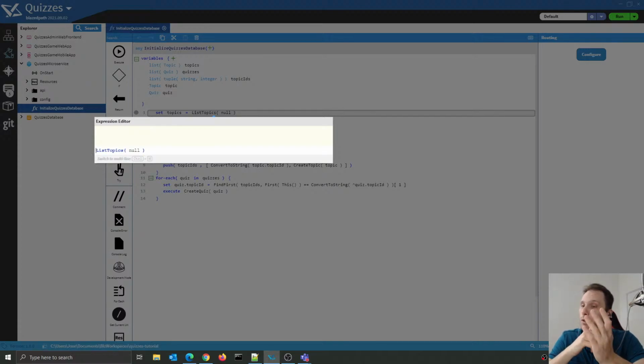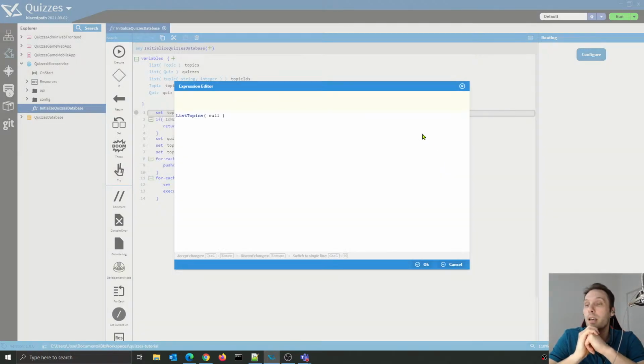So for those kinds of cases, you can read the legend in here that says switch to multi-line, press Ctrl M. So if you press Ctrl and M, it's going to open a bigger expression editor, which serves the purpose of helping us edit an expression in multi-line. So there's a big multi-line editor. There's a little bit of difference between the multi-line and the single line, mainly the enter function,